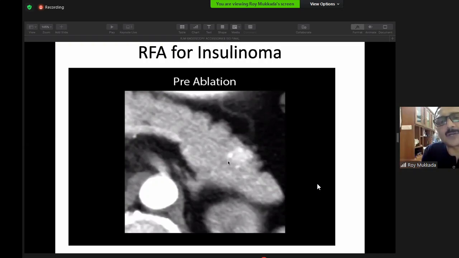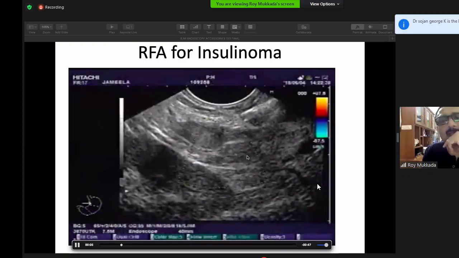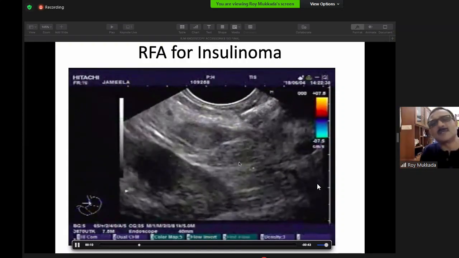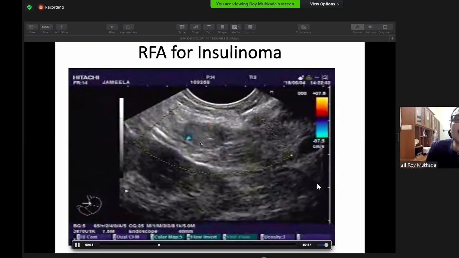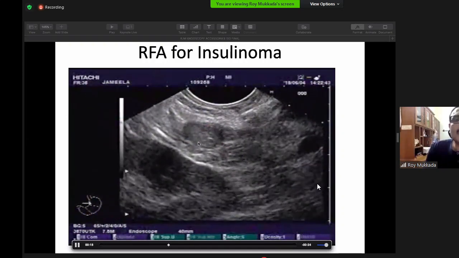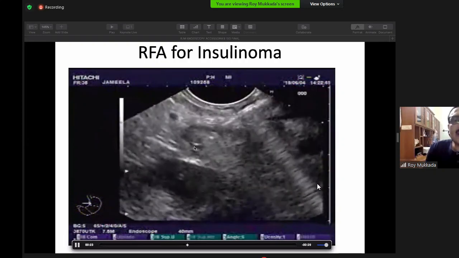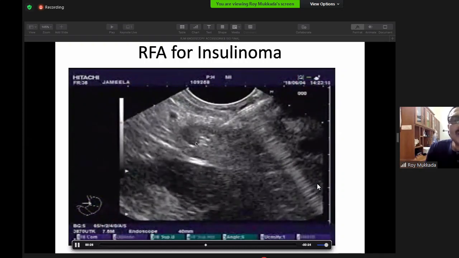This patient came with hypoglycemia and altered behavior. On CT scan, we saw this hyperechogenic lesion. Can you see this? Yeah. The biopsy came as a neuroendocrine tumor, and since she was not agreeable for surgery or any other procedure, we passed an echo endoscope into the lesion. You can see this is a 19 gauge FNA needle which we are passing, and through that needle we pass this probe and then ablate the lesion.